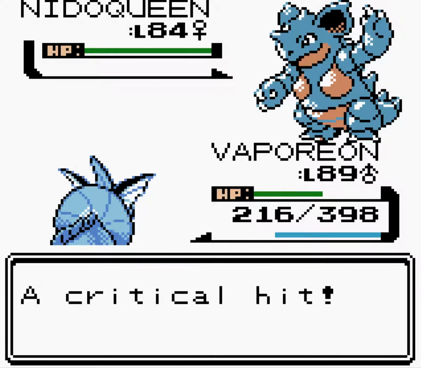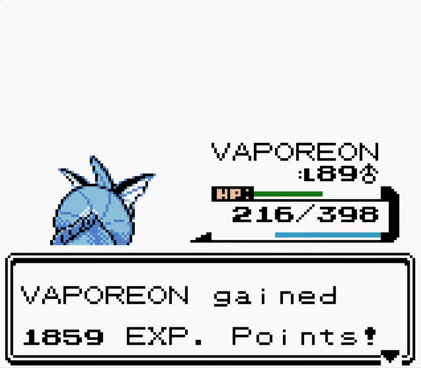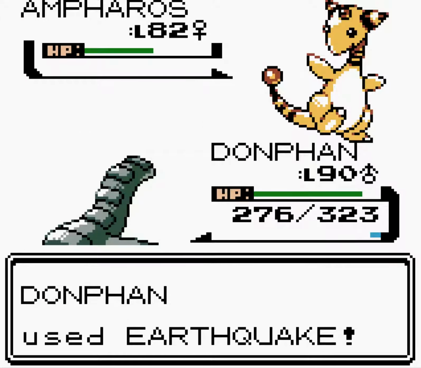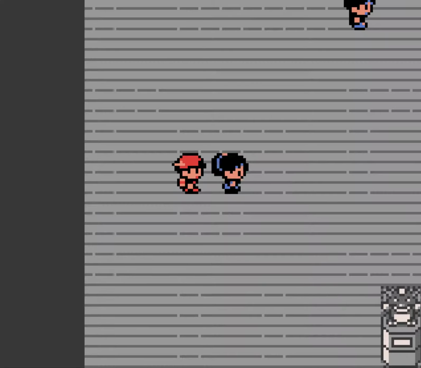We'll go into... Oh. You get a crit with the Nidoqueen. That's okay. As we outspeed, I didn't think we'd outspeed. And then the Ampharos, we can go back into Donphan. We are seeing a very wide variety of types here. I don't think we've actually... I think the only poison type we've seen has been